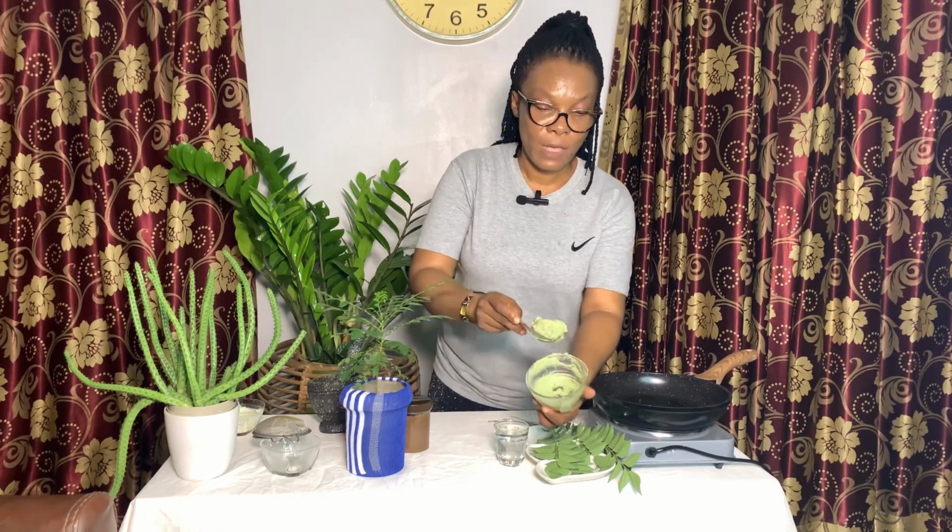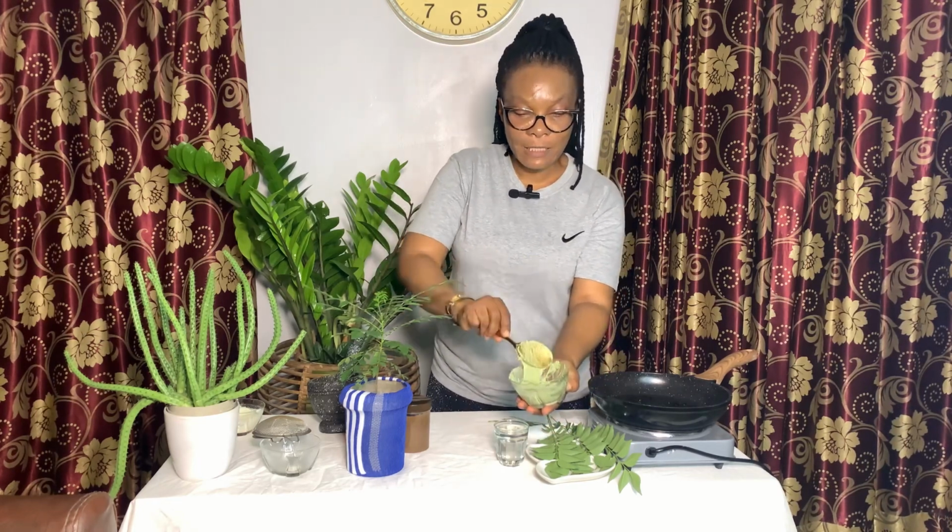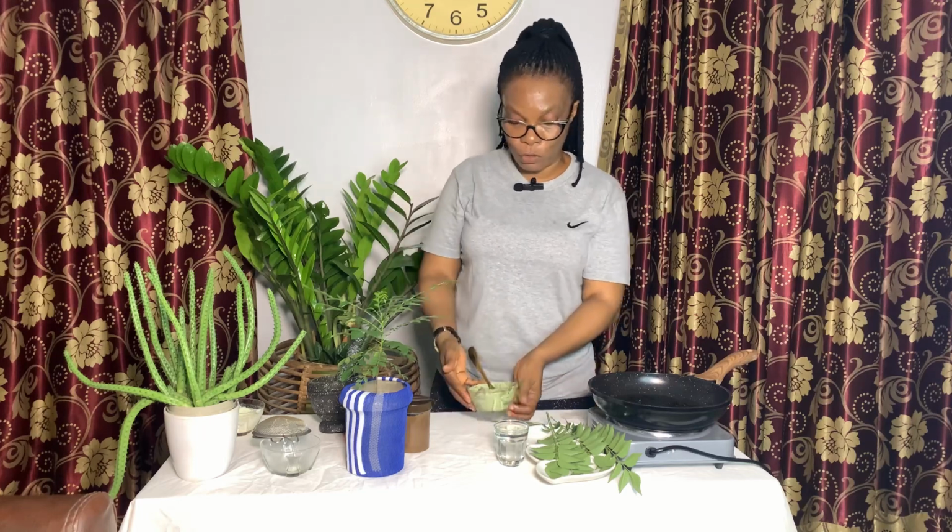This is exactly what you will see. By the time you mix properly, it will form this consistency, and you just have to loosen your hair. Apply it on your hair and begin to massage. When you massage properly,